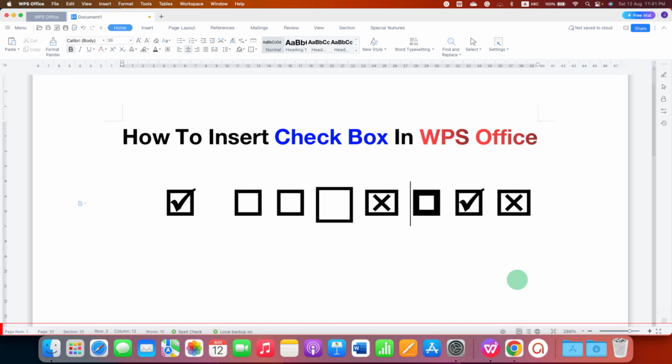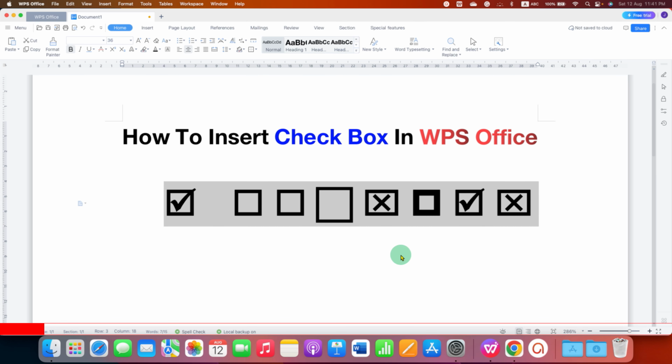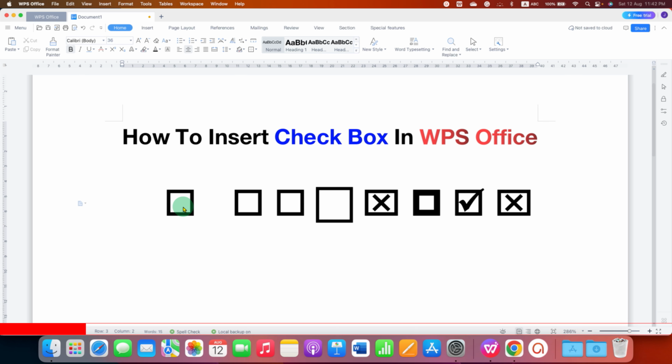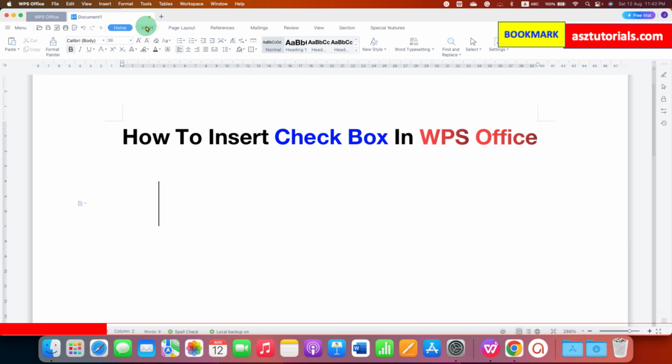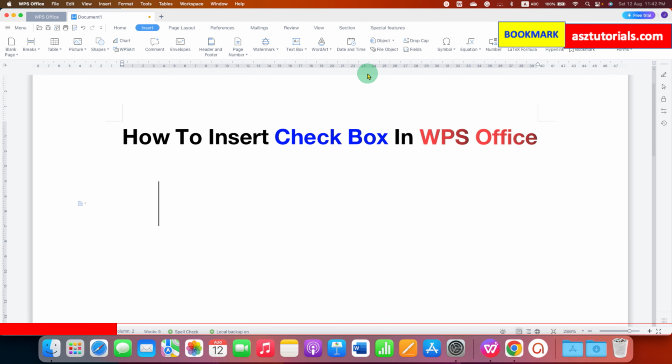In this video, you will see how to insert checkbox in WPS Office Writer. There are various types of checkboxes available in WPS Office. Some checkboxes are clickable and you can tick and untick the boxes using your mouse click. It's very easy. So the first option is you go to the Insert tab here and you will see the